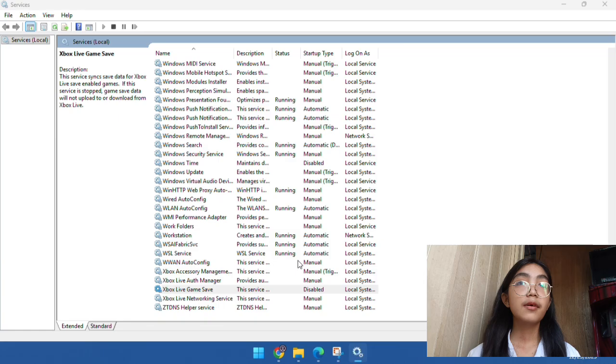In this system, Xbox Live Game Save is disabled because it is only required for online gaming features and cloud game data synchronization. Since this computer is not used for Xbox gaming, keeping this service enabled would only consume system resources without providing any benefit.